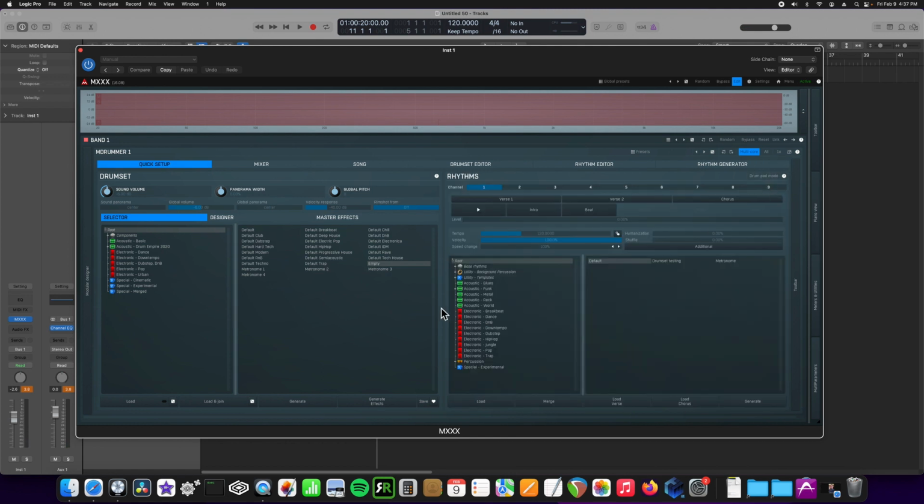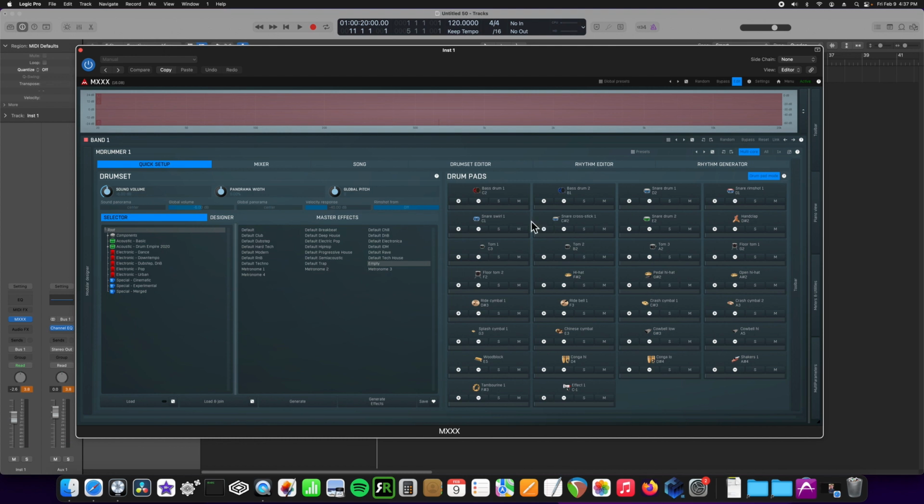If I wasn't in drum pad mode, I'd see this, which is their rhythm generation system, which is also incredibly cool and incredibly powerful. It adds sort of a live drummer's sensibility to the drum kit. So anyways, I'm just showing the drum sounds and how to tweak them and what all comes with MDrummer in this example. So here I'm just, your normal mapping of a drum kit,